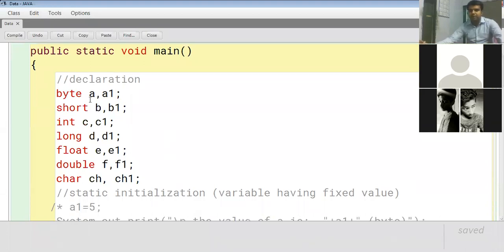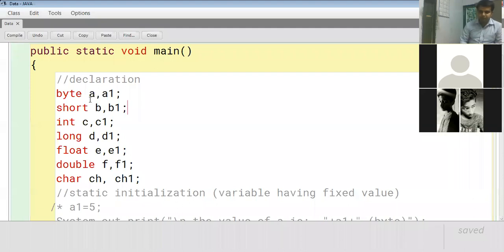Every data type has a limitation. If your variable has the capacity of storing decimal numbers, you cannot store any alphabets or any sentences into that. If your variable has the capacity of storing sentences or any alphabets or letters, there you cannot store any numbers. If you remember the chart of the data types which was discussed in the class, there were two types of data type. One is primitive data type, one is non-primitive data type. In the initial cases we will mostly discuss the primitive data types.